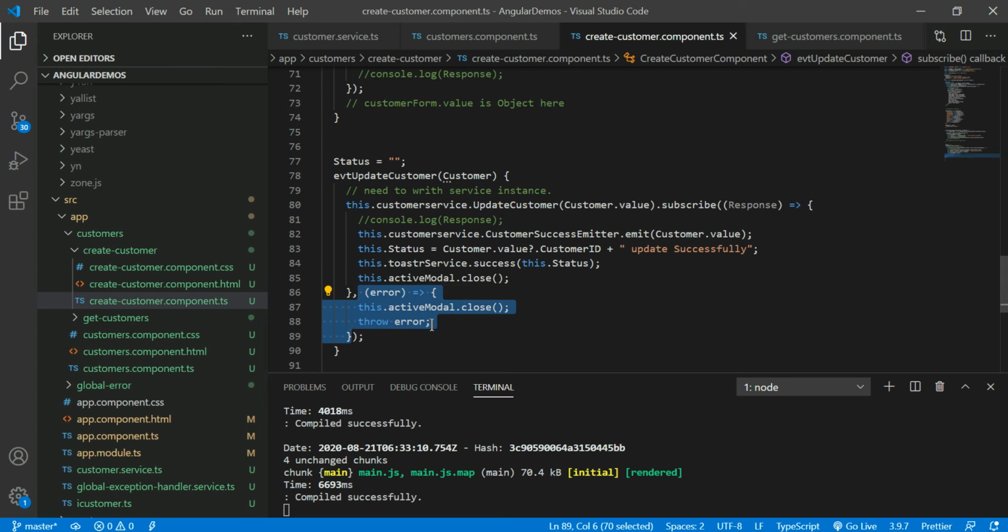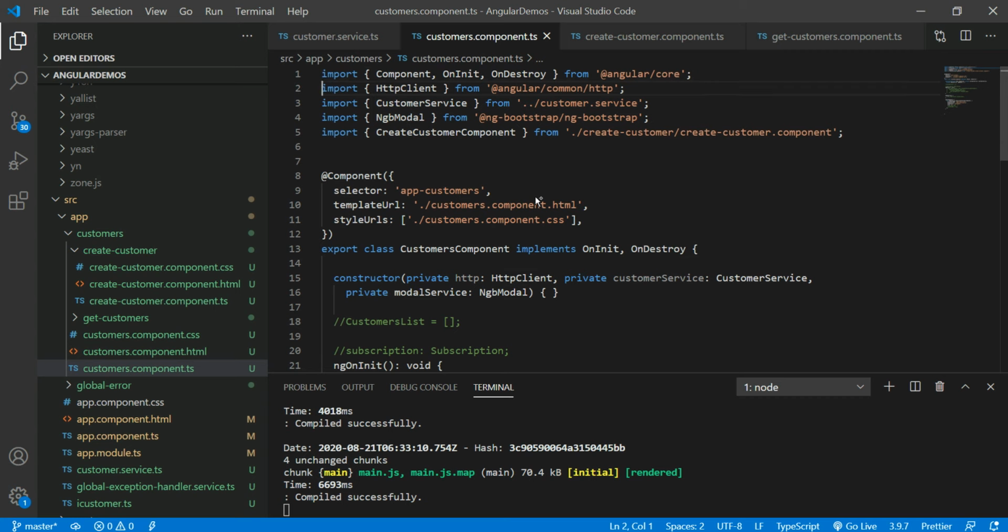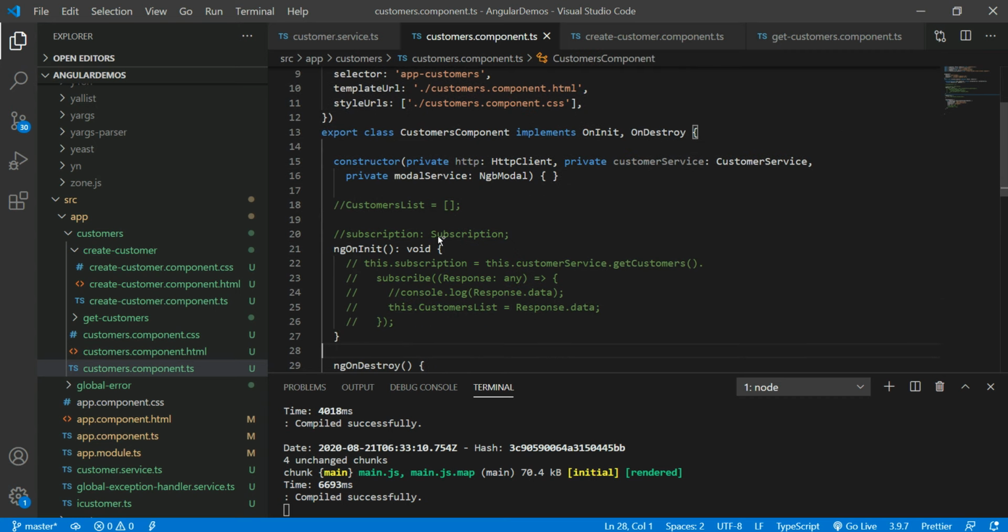So what is the place where I have to write it? For all these things you want to configure, if you want to configure each and every HTTP request, how do you do it? By using HTTP interceptors only. By using HTTP interceptors you can configure HTTP requests very easily, and handling exceptions globally is also very easy. Interceptors are an important concept in Angular, so please watch that in my next video. Okay, thank you, thanks so much.